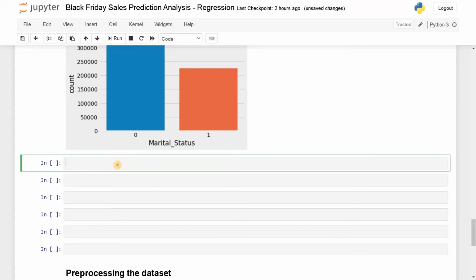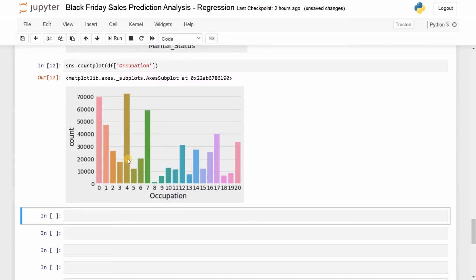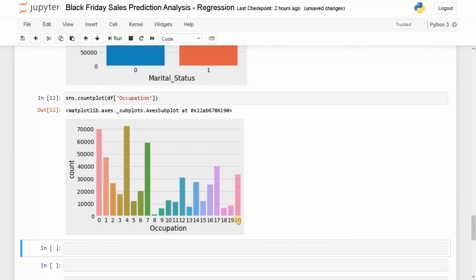Okay, let's go to the occupation. Occupation, run it. So we have various number of occupations here, and only 8 is comparatively lower than all the other categories. If you want, you can ignore this particular attribute, because this is comparatively way lesser than these categories, that is 70,000 plus for occupation 4. Still, this occupation attribute may directly affect the purchase amount, because if the people working in that field are richer, means the purchase amount will be obviously higher. That's the inference I'm getting from this attribute.